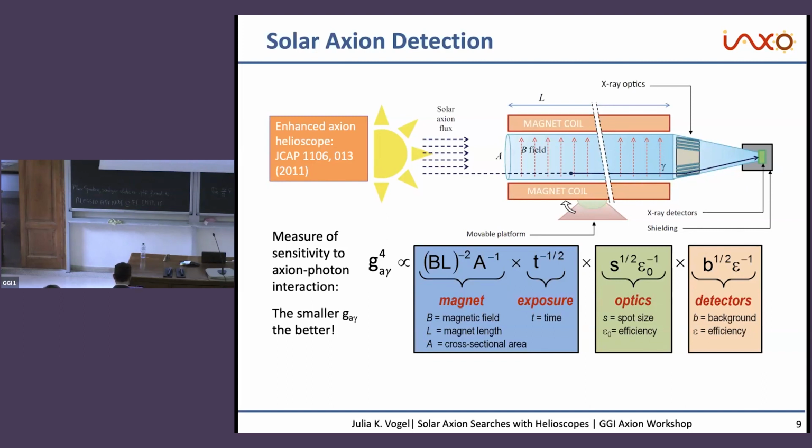And the cross-sectional area of our magnetic field is what BabyIAXO will be gaining most from. We can also gain from the exposure time by increasing that. But if we look at sensitivity in terms of the limit, in order to gain a factor of 2 in sensitivity on that limit, there's a square root of 8 dependence. So instead of 1 day, we have to measure 1 year.